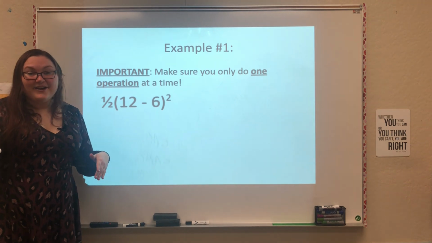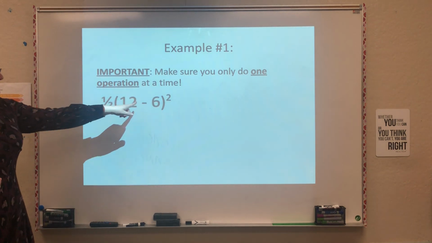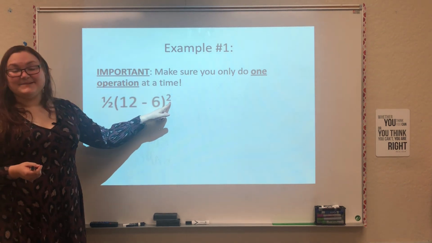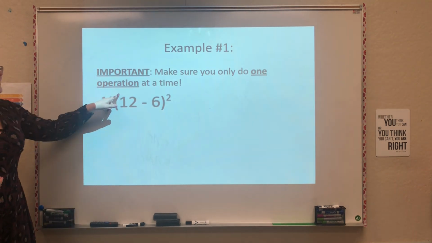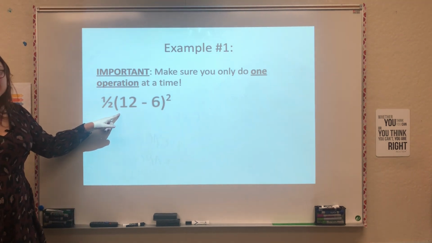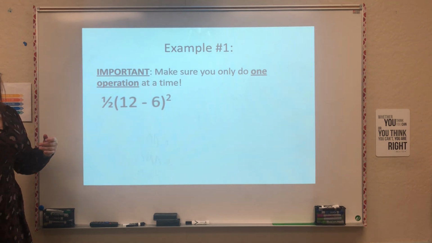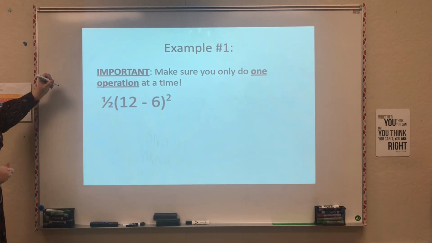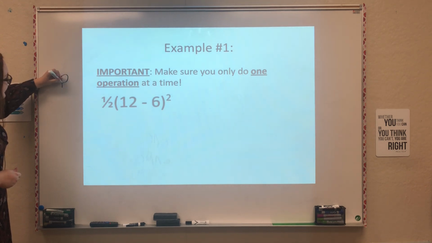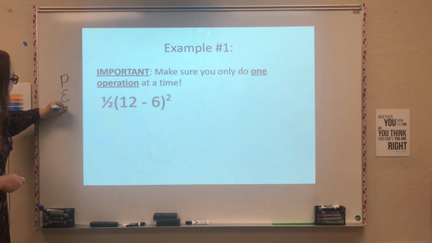I see there's a lot going on. I can see some subtraction. I see an exponent. I know when you've got a number next to another number with parentheses, that means multiplication. So I see a lot going on. That's going to be a clue that I want to use PEMDAS to tell me the order to do this